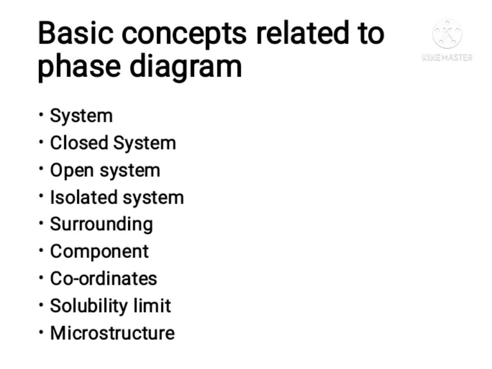Next is coordinates. Coordinates are a set of values that shows an exact position on phase diagram. In phase diagram, pressure, temperature are usually used as coordinates. Also, phase diagrams plotted with temperature and alloy composition in weight percentage. Next point is solubility limit. It means maximum concentration of solute atoms that may be dissolved in the solvent.